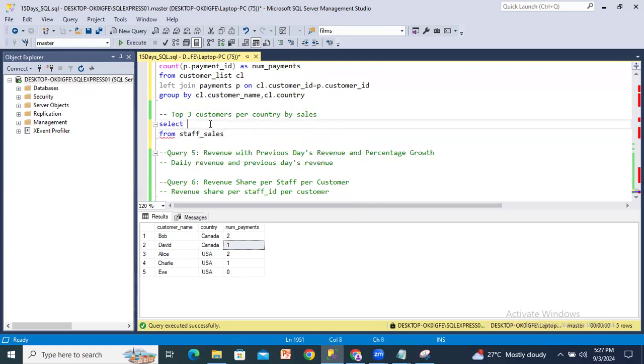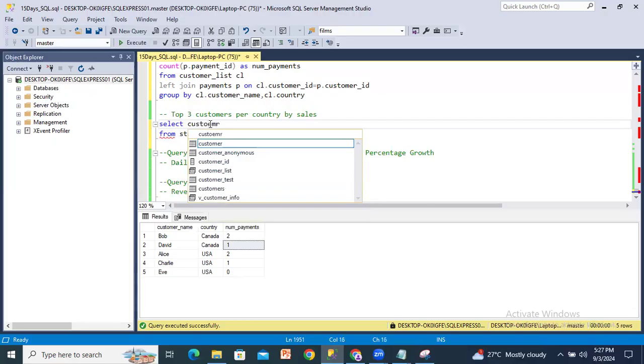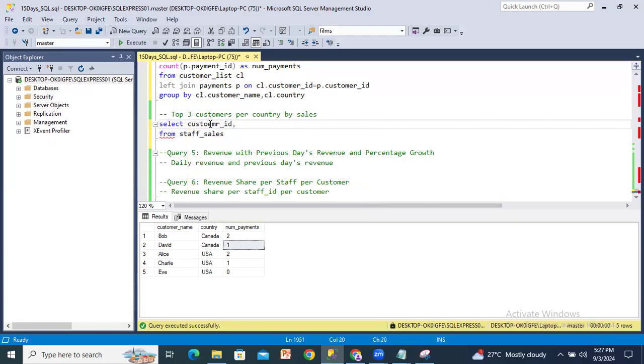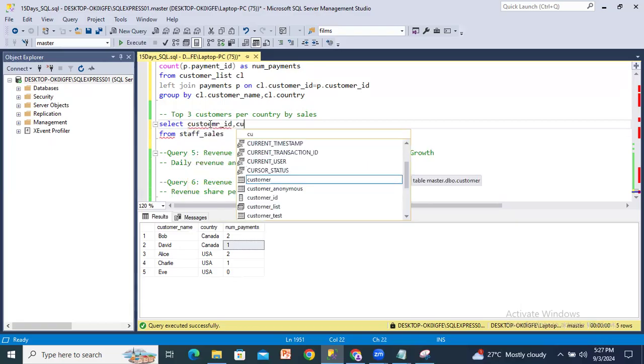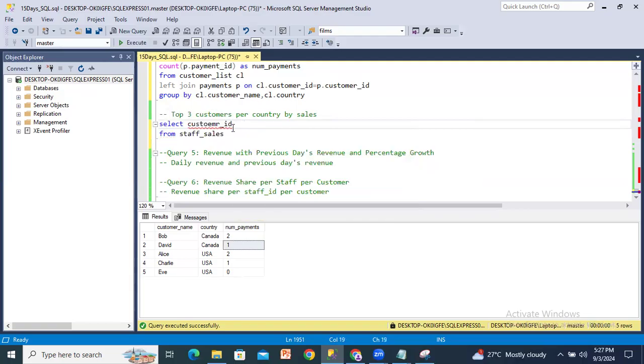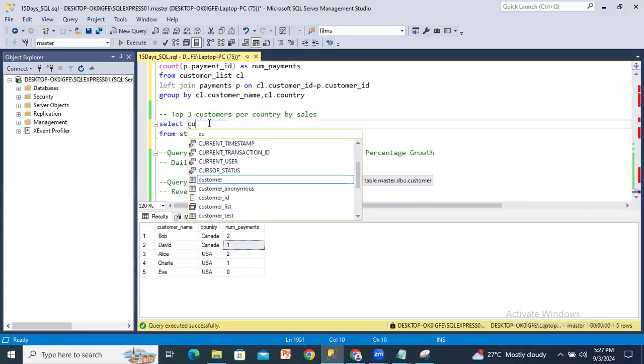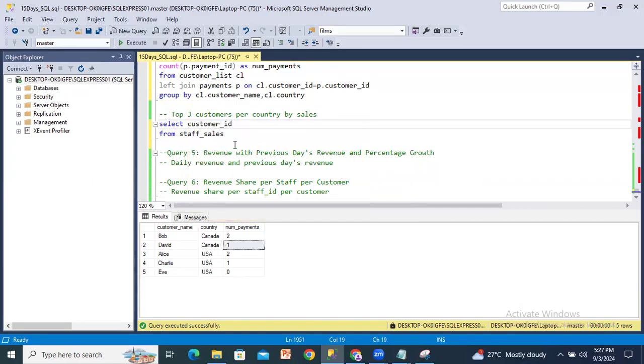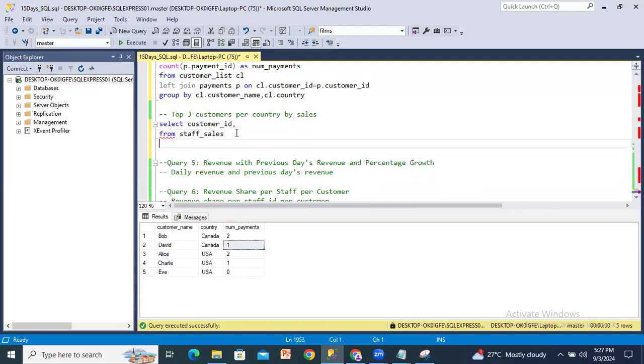So this select part I will write as customer ID, comma customer name. Customer name is available in the customers table. First of all I will remove this one, customer ID. So customer ID, comma. This tab sales will join to the customers table, because we want customer name and country. Okay. So let's write the join